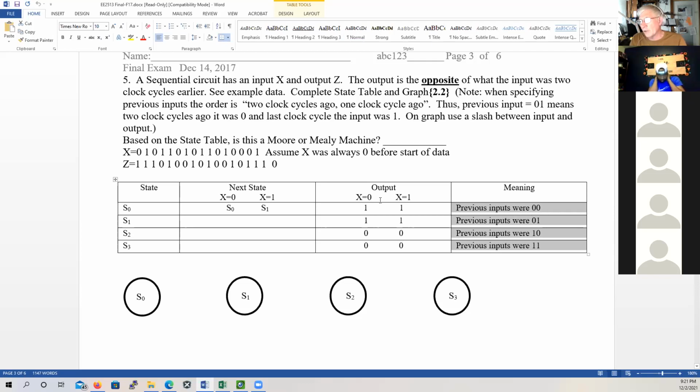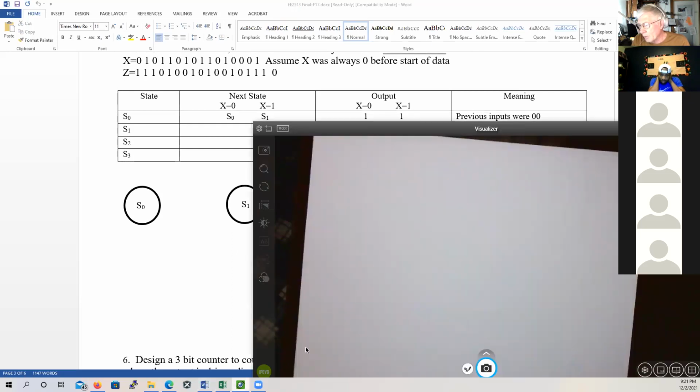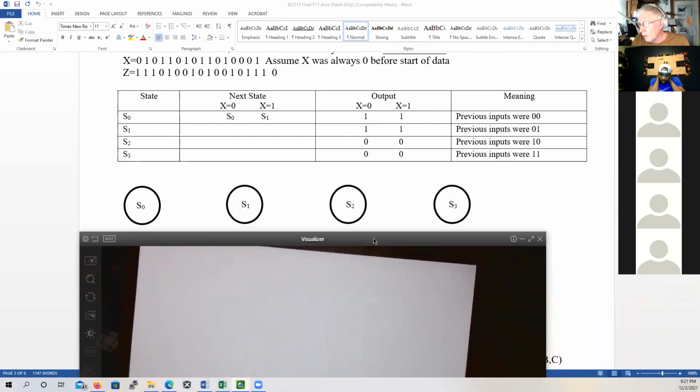So let's see if we can figure this out. Okay, we start in S0. And in S0, we'll assume all our previous values. Let me do it down here. Let's see, I'll move this up a little bit. And also we'll talk about whether it's a Mealy or Moore machine. But let me put this up here. Okay. All right, so